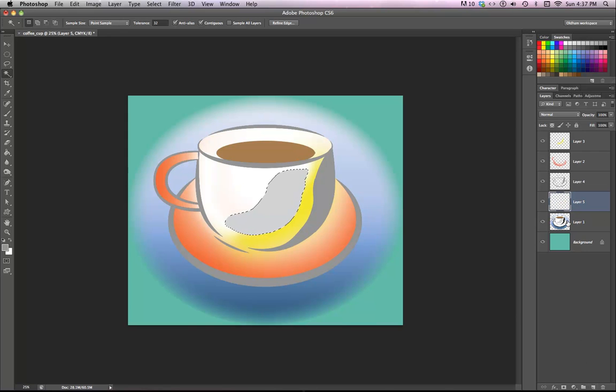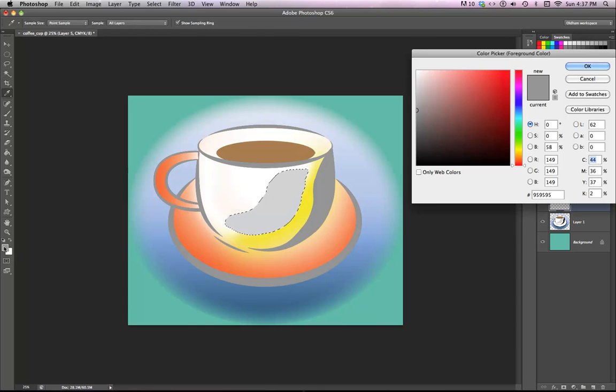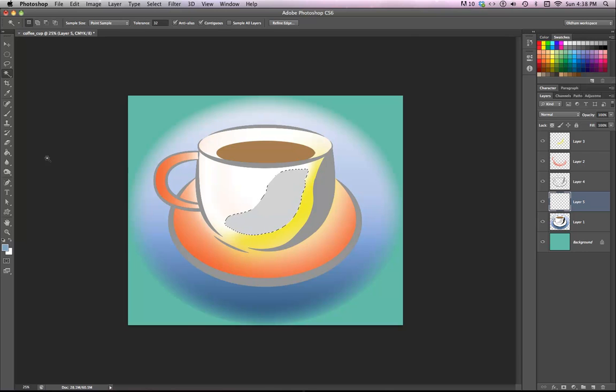I'll just make a new layer using that same new layer button down there. And maybe I'll go to a kind of bluish color for this shadow instead of a flat gray. And paintbrush, shortcut B for brush. You can make that blue. Okay, so now you can see I've got a pretty psychedelic looking cup here, but all of these layers are